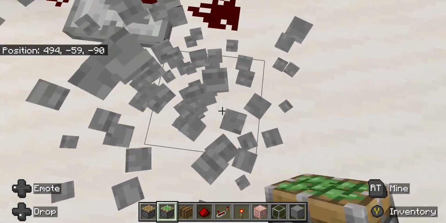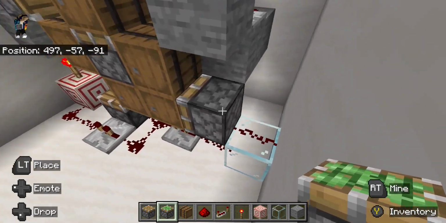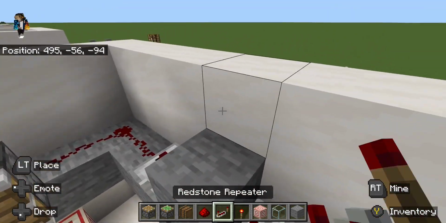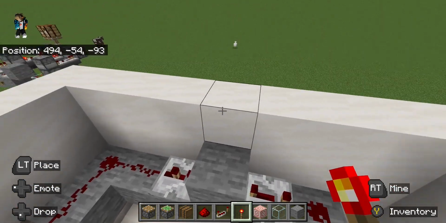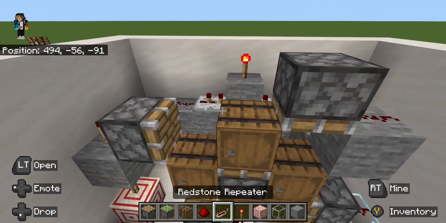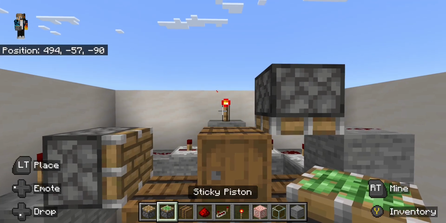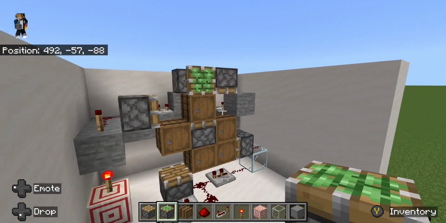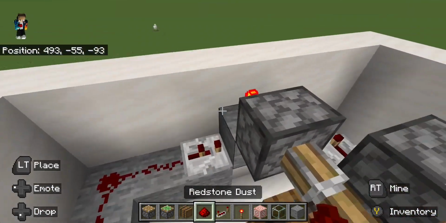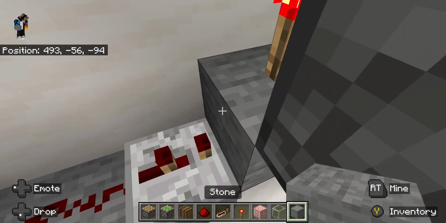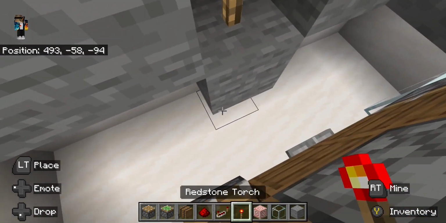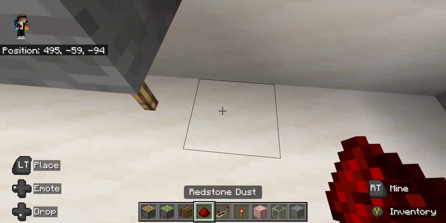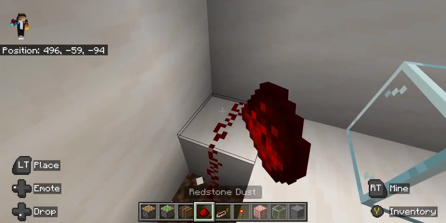and then break this, and then go around here, and this is why we actually need this. So you're going to want to have a torch here, and then a piston here, and then go ahead and put a block here, and then another torch, and then another torch, and then dust, and then here and here, and this